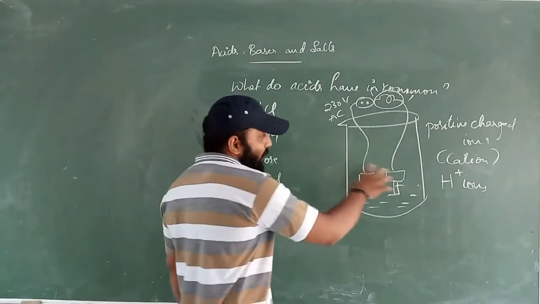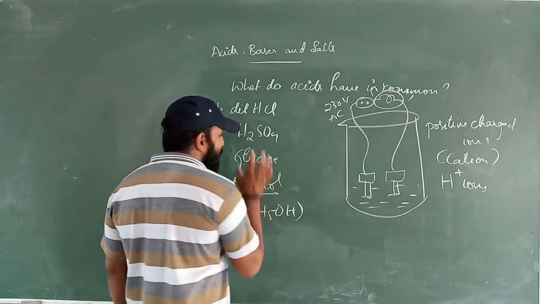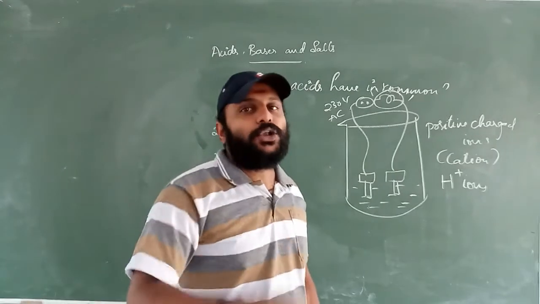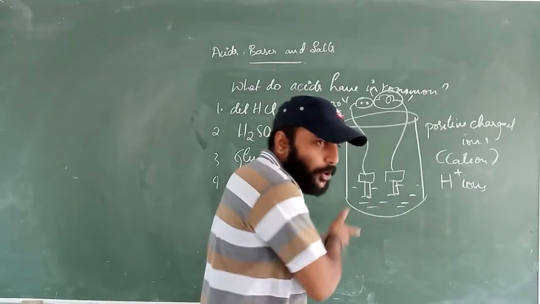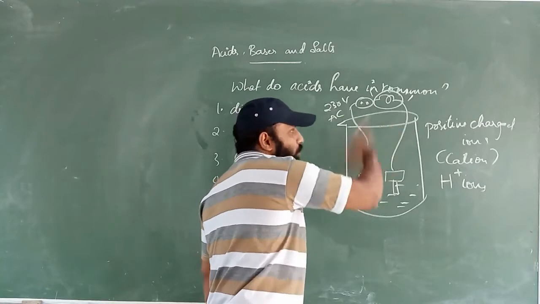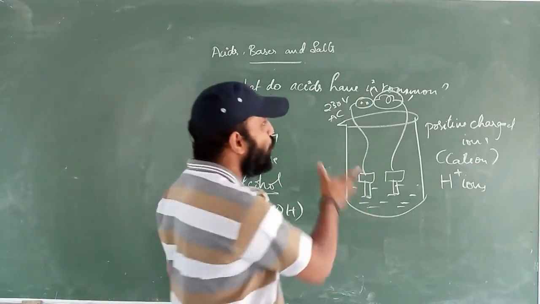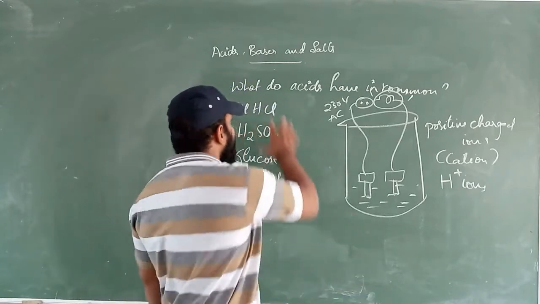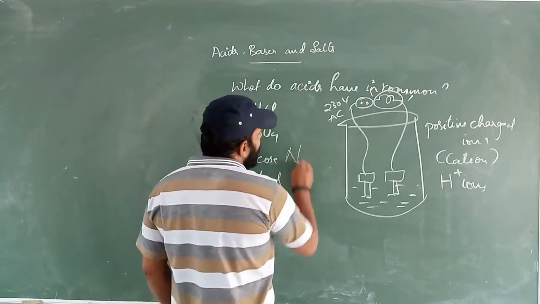So here we came to know that glucose and alcohol do not undergo dissociation of ions in water. Due to that, H plus ions are not produced. Due to the absence of H plus ions, current does not go through the connecting wire. Since current is not flowing, the bulb doesn't glow. So if we have taken acid, and if you take sodium hydroxide, which is a base,